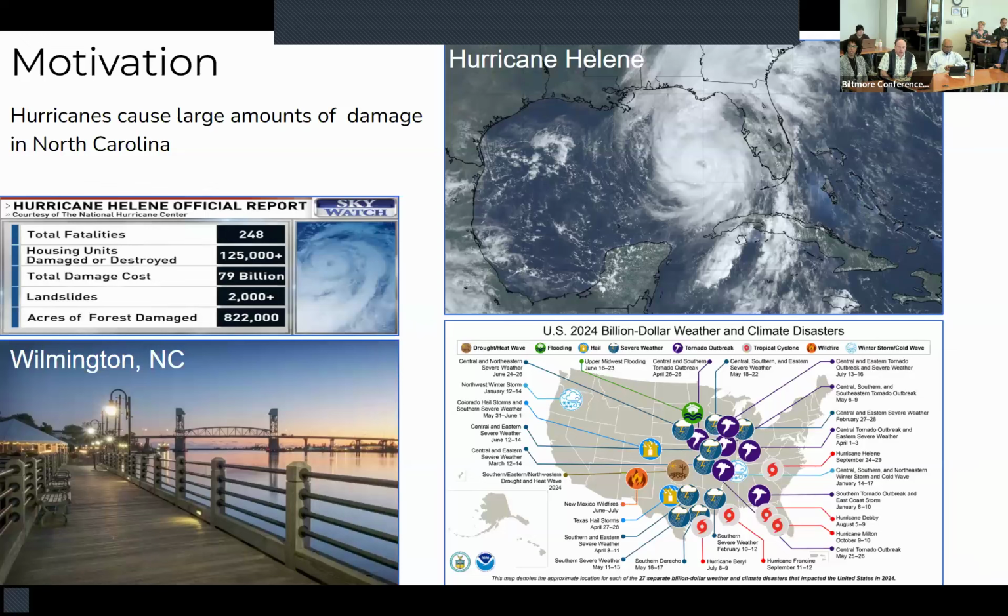Anyway, next slide, please. So hurricanes are kind of our focus, at least in terms of the things that come to mind when you think about natural hazards and disasters, certainly in the Southeast. And clearly they cause an enormous amount of damage. And Helene was remarkable in a number of ways, not only the damage level, but the fact that it was not an East Coast hurricane and yet did the largest amount of damage in North Carolina, certainly in the last several decades. Just an example of all the billion-dollar-plus weather events in the nation. Certainly down in the Southeast, you can see several, including hurricanes, but it's a massive, massive problem.